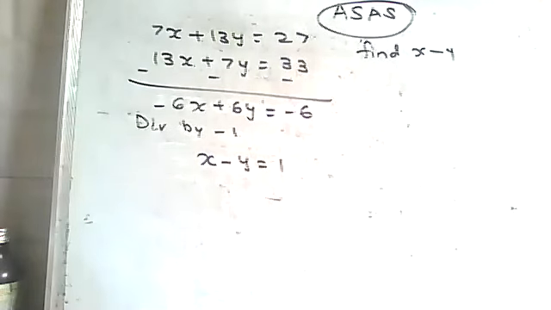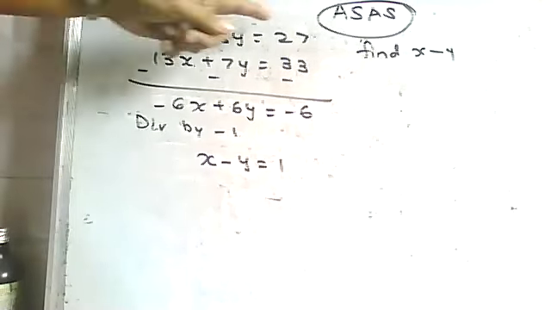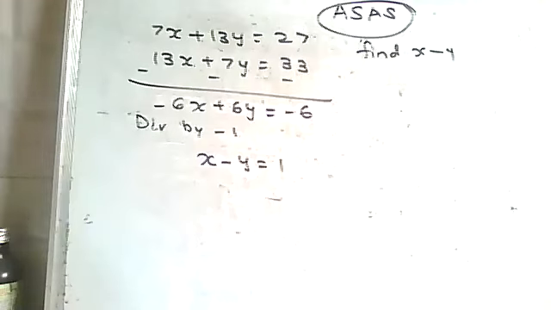That's all. So whenever they ask you such type, you don't have to solve completely. You will just solve to get x plus y. You will just follow only one method, and only addition can be done, and you will get x plus y.